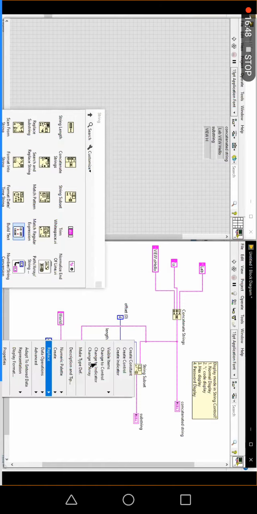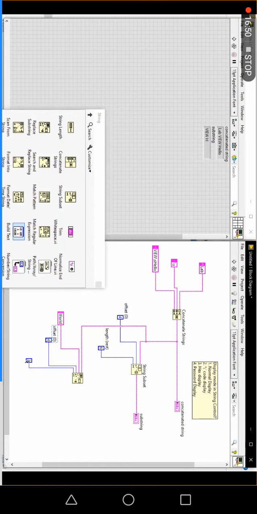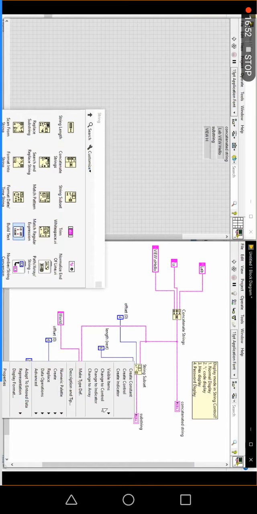I am giving that. Length will be available over there. For offset I'm going for the constant 4, and length will be 2.